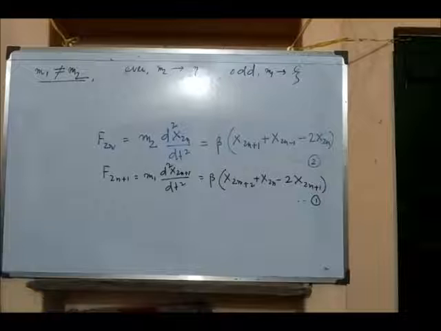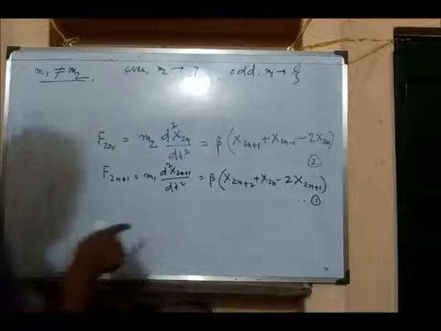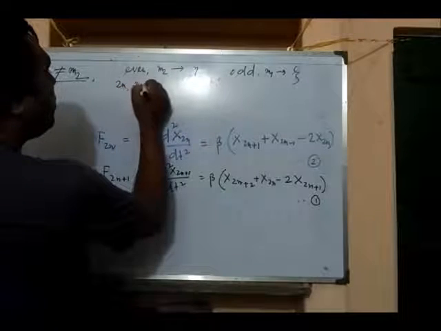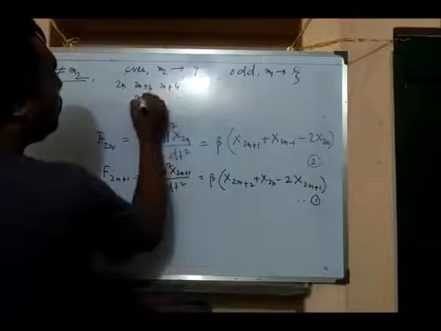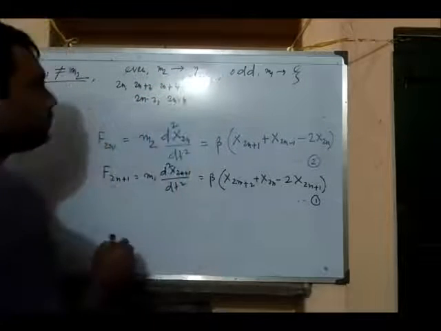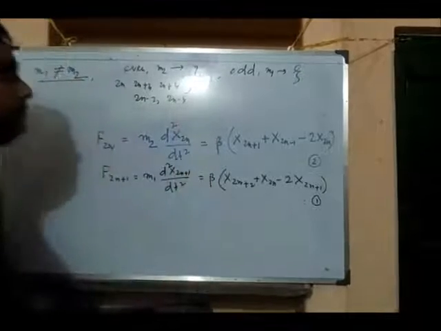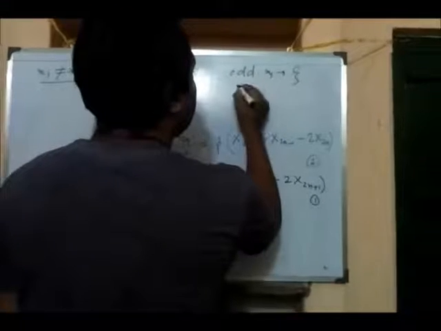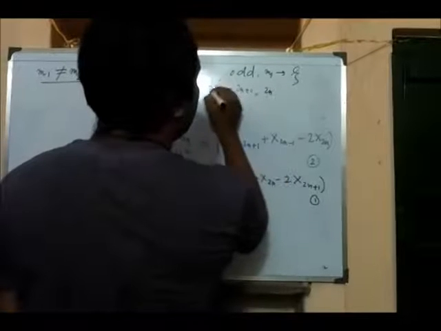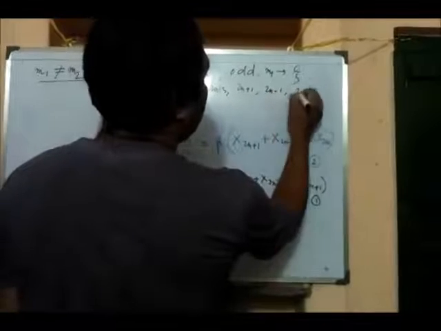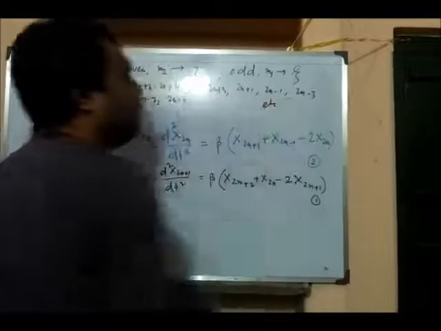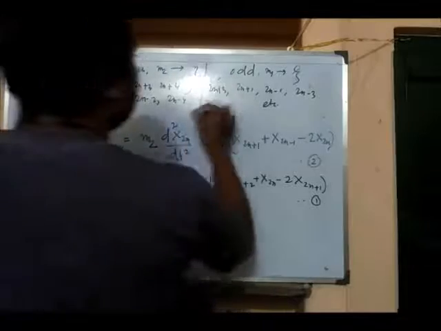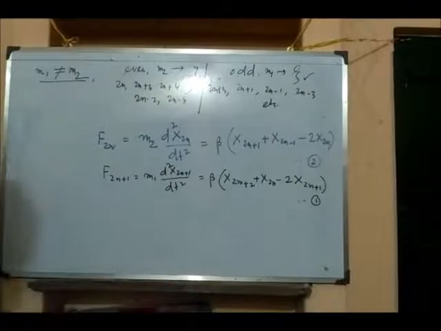Now, when we consider the vibration of even atoms, the even atoms are 2n, 2n+2, 2n+4, 2n-2, 2n-4. We are considering this amplitude. And when we consider the odd atoms vibrating, they are 2n+1, 2n+3, 2n-1, 2n-3, etc. So these atoms are vibrating with the psi amplitude. Okay,